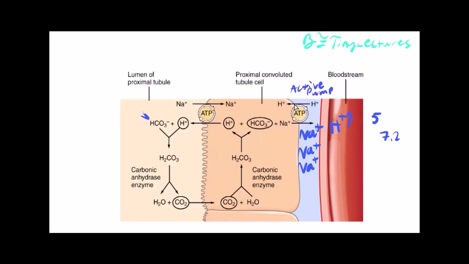Why are we pulling hydrogen into the basal cell? Well, we're pulling hydrogen because we want the hydrogen to diffuse into the apical region, and that allows this hydrogen to combine with the bicarbonate. So here's what we're doing. We get this bicarbonate and we combine it with hydrogen. When we do that, we're going to be using an enzyme called carbonic anhydrase enzyme. And the product of this is going to be carbonic acid,